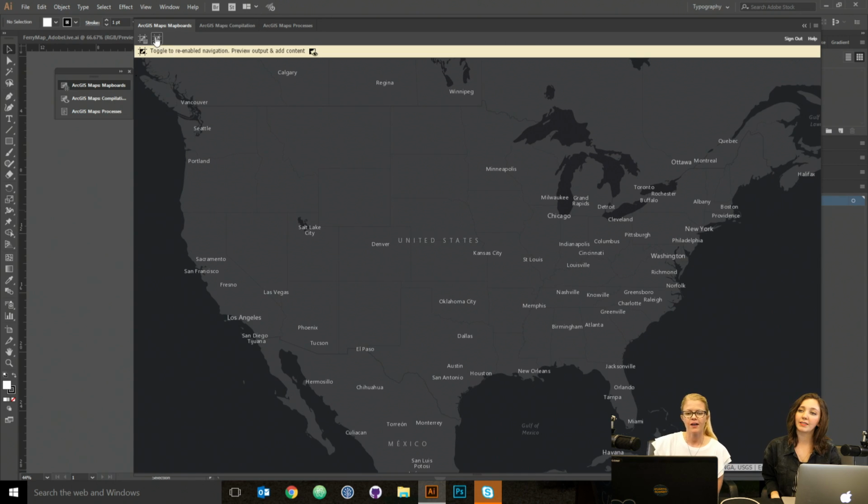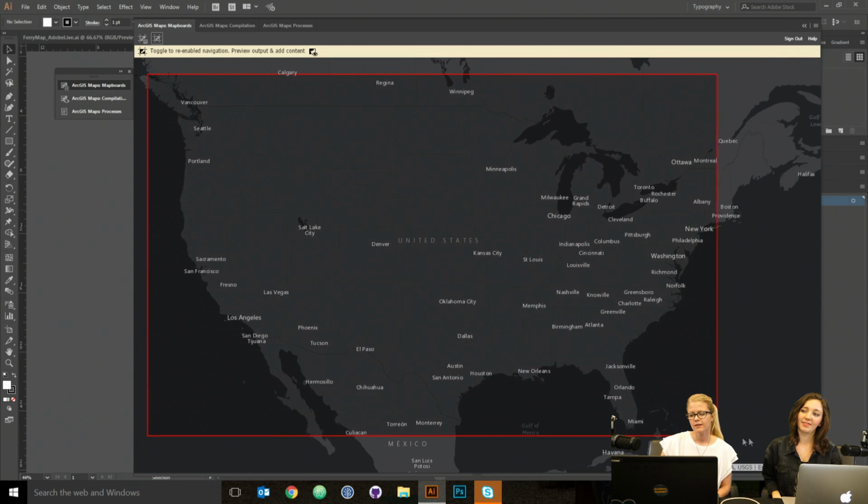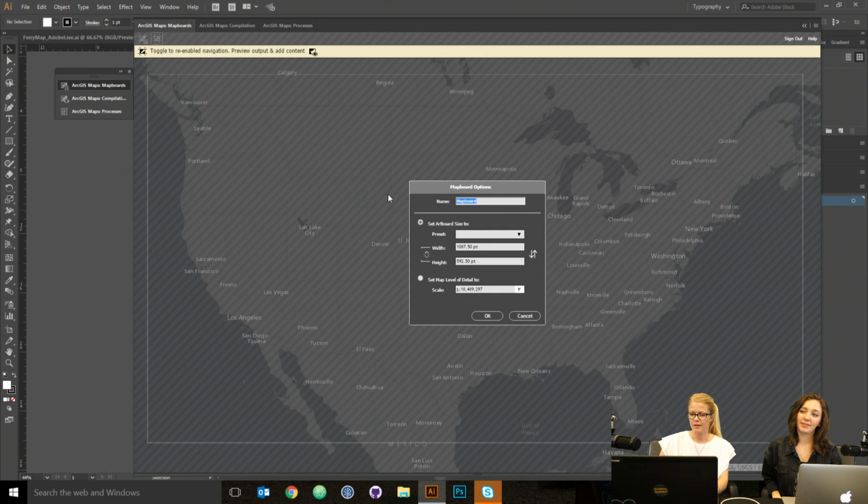And so if I were to make a map of that, I would know it would have to be in the contiguous United States. So I would just define my map area with this map board tool over the United States. And I would give it a name. So I would name it top 10